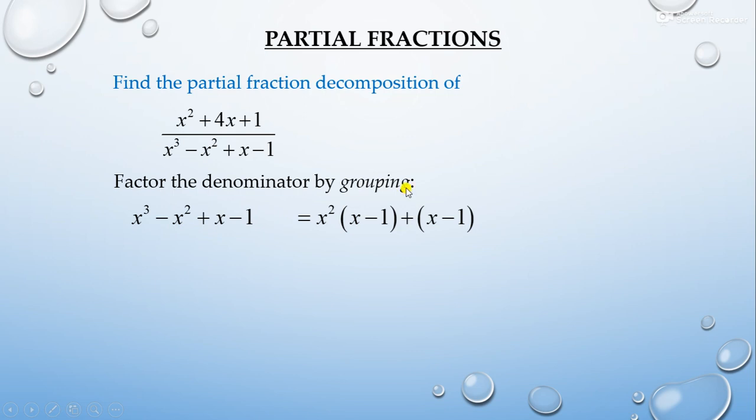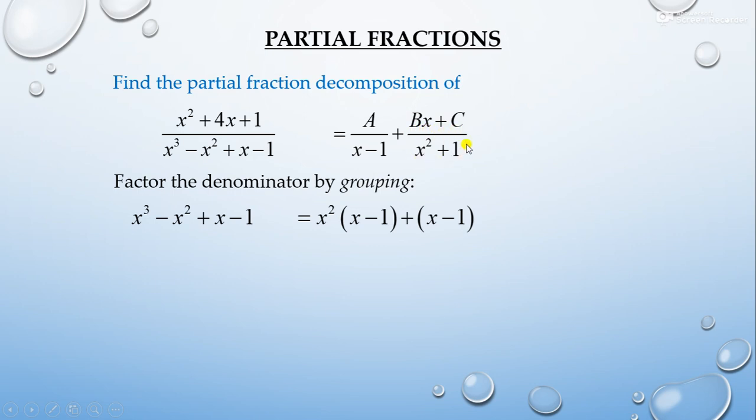So now how to write the partial fractions of this? Because x minus 1 is a linear term, you can take a constant in the numerator, so it becomes a upon x minus 1 plus, in the x square plus 1, this is a quadratic term and we can't factorize it. If you have a quadratic term in the denominator, you have to assume the numerator as a linear term, that is bx plus c.